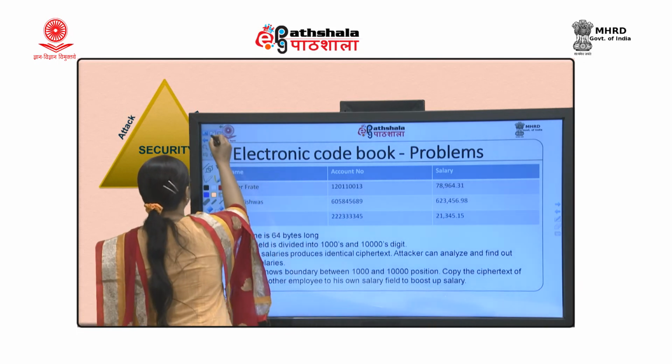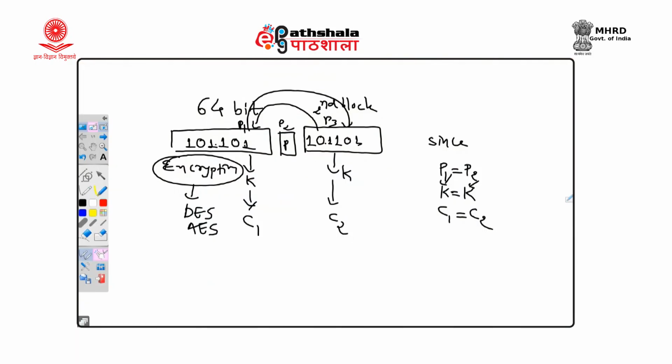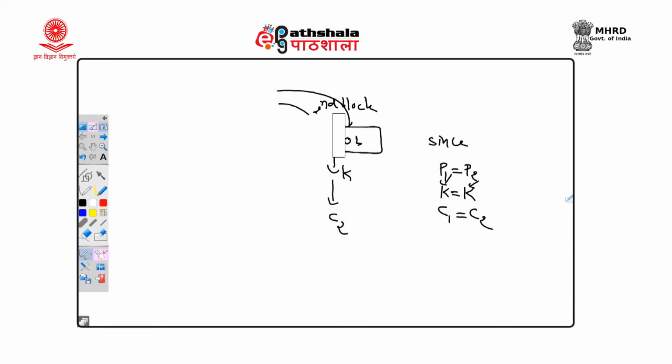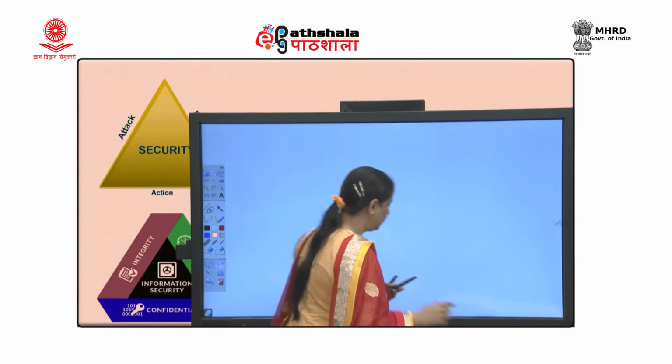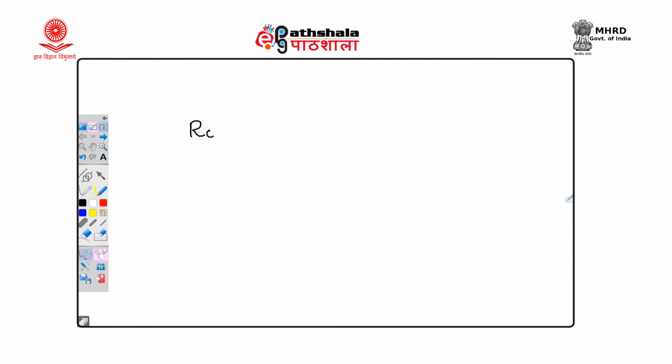To explain my point, what we can see is, suppose employee Roger has a salary of 52,000. Now, we all know there is a distinction between this and this. The salary field is divided into these two blocks. Now, there is a person called clerk who has a salary only